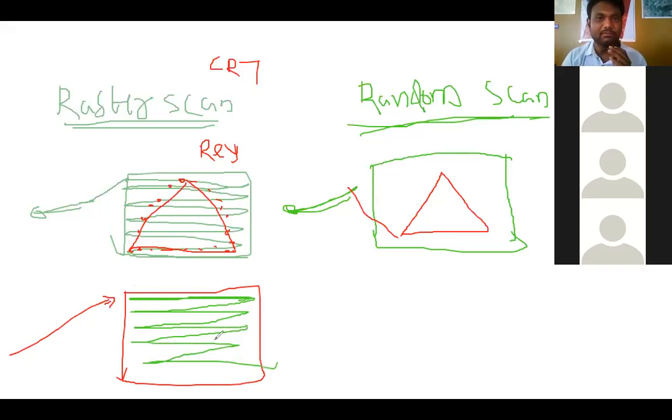See, suppose we want to display a triangle. How is it going to work? Suppose in this line it is going to be highlighted about this point, and in the second line it is going to be highlighted about this position and this position, and the same on the third line and the fourth line. So it is going to be highlighted about those points on the lines, and the final result is going to be this triangle figure. Okay. In the random scan display, it is not going to be followed the same way.